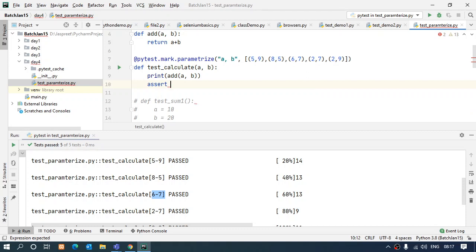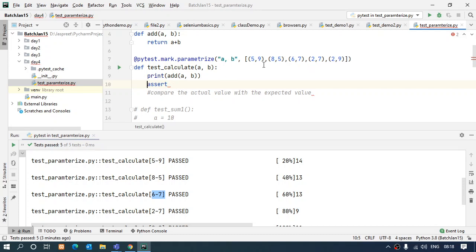Now what this assert keyword is basically going to do is compare the actual value, which is going to come from the test case after addition, like 8 plus 5 is 13, I know it's the actual value. It's going to compare it with the expected value which is given to me so that I can compare. That is what I need to do. This keyword is also very useful, and it is going to come in use when we work with the test cases. So let's see how it's going to work and how it actually results.